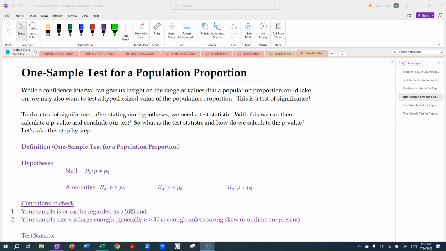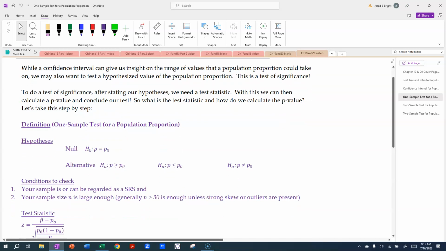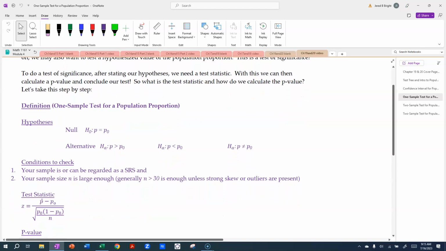But what we can do is at least say, if we make all these confidence intervals, this seems to be a value that's in 95 out of the 100 of them. So let's test it. Is there enough evidence that the true population proportion is more than this, less than this, not equal to this, right? So we're coming up with some alternative hypothesis. And so we can conduct a test of significance. That means we need hypotheses, we need a test statistic, and we need a p-value, right? And so we're going to go through this step by step and do all that for a test of significance